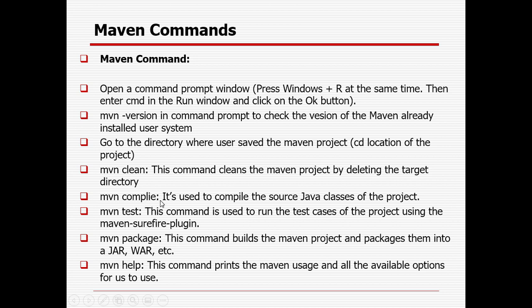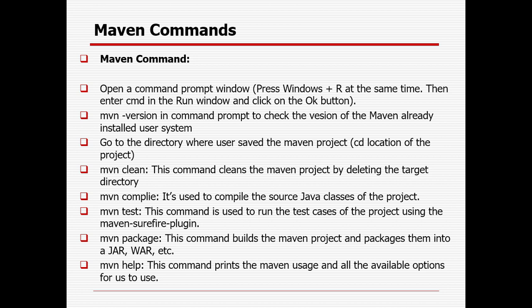Compile will compile the project, and in case any Java compilation error is there, it will throw it. Maven test will first clean the project, compile the project and execute it. Maven package will clean the project, compile the project, test the project, then convert it to a jar or war file. That jar or war file you can deploy in the environment, so it will be in the production environment. Instead of the code, you can install the relevant jar or war file. Whenever some code is packaged, it comes in the format called jar file or war file. You can get that with the help of Maven package.